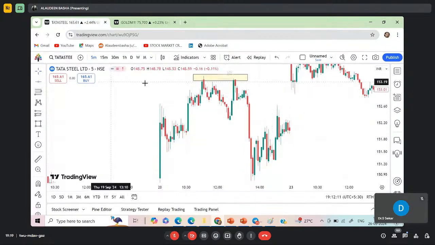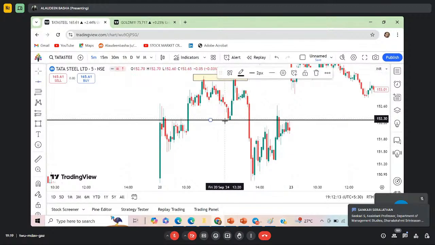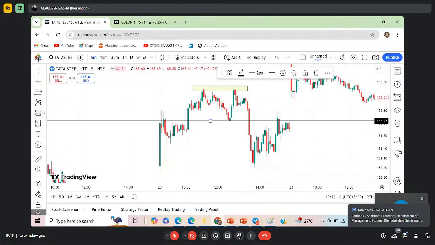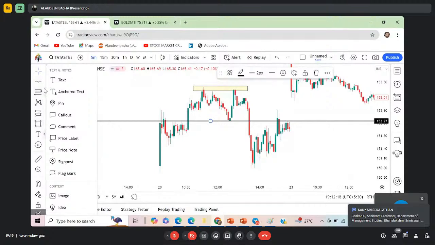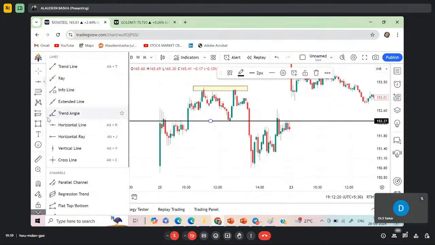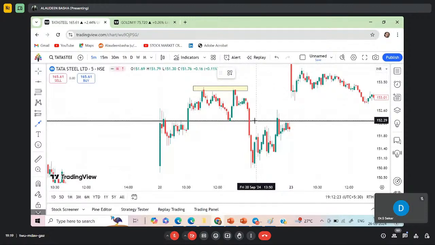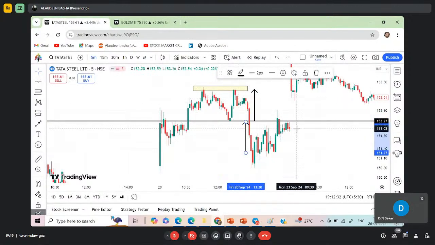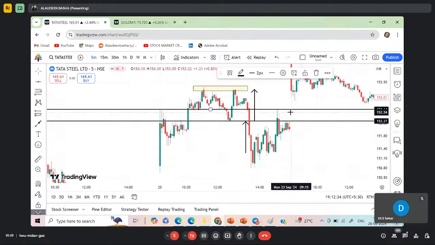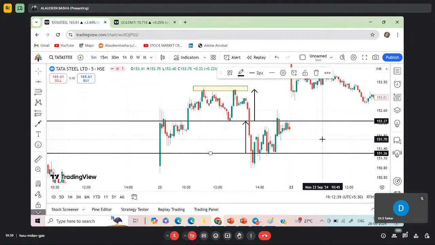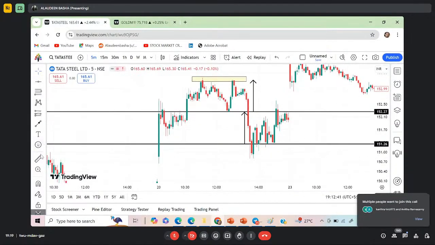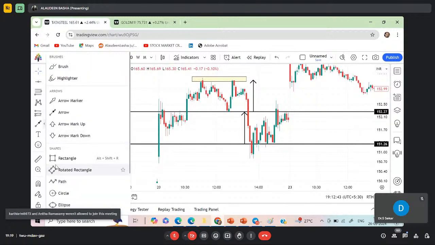So this is the neckline. Once it breaks, mark the target point from the previous high. This is your target. So exactly, it achieved. Yes, achieved target. So within a 5 minutes time frame, okay,